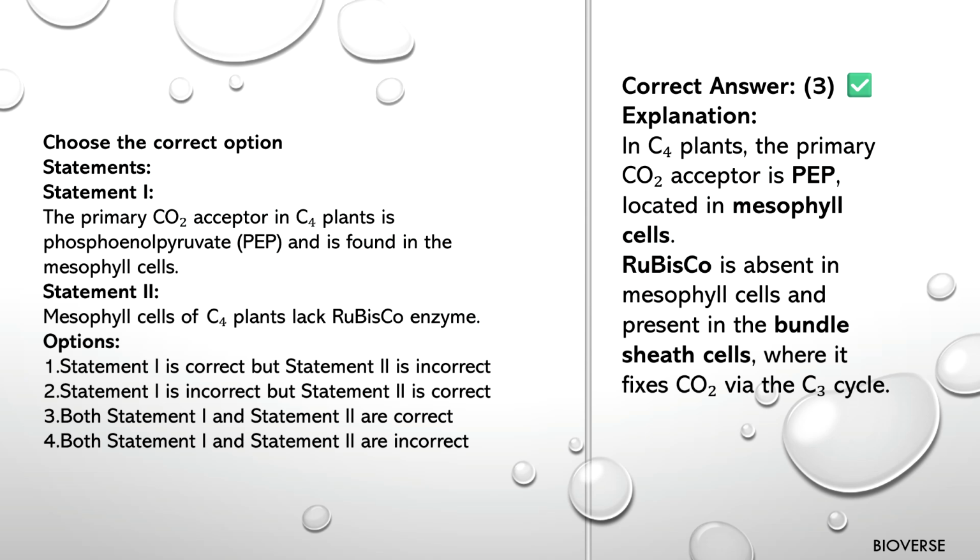Option 1. Statement 1 is correct but Statement 2 is incorrect. Option 2. Statement 1 is incorrect but Statement 2 is correct. Option 3. Both Statement 1 and Statement 2 are correct. Option 4. Both Statement 1 and Statement 2 are incorrect. The correct answer is Option 3. Explanation. In C4 plants, the primary CO2 acceptor is PEP, located in the mesophyll cells. Rubisco is absent in mesophyll cells and present in the bundle sheath cells where it fixes CO2 via the C3